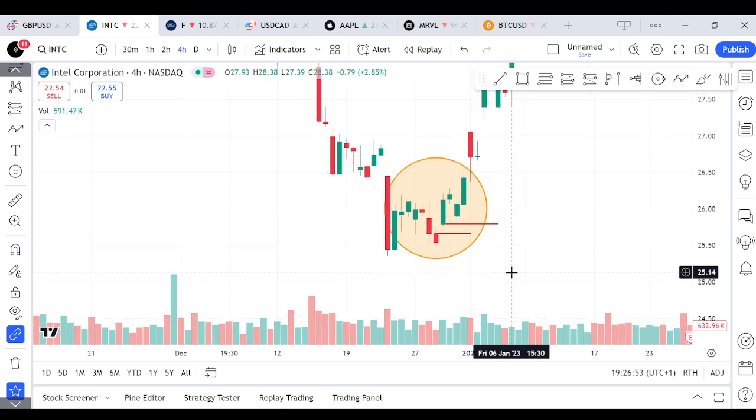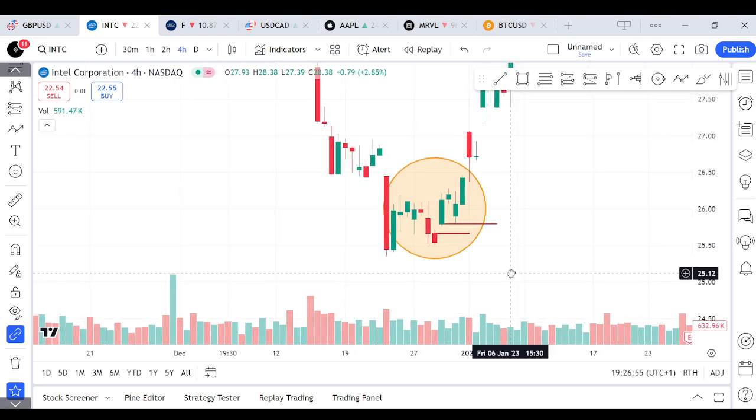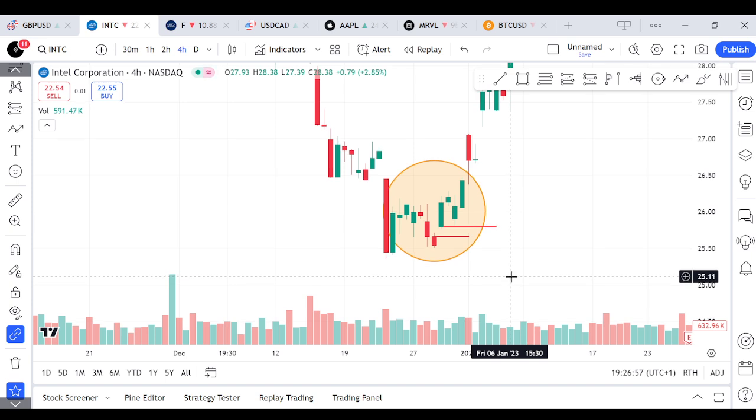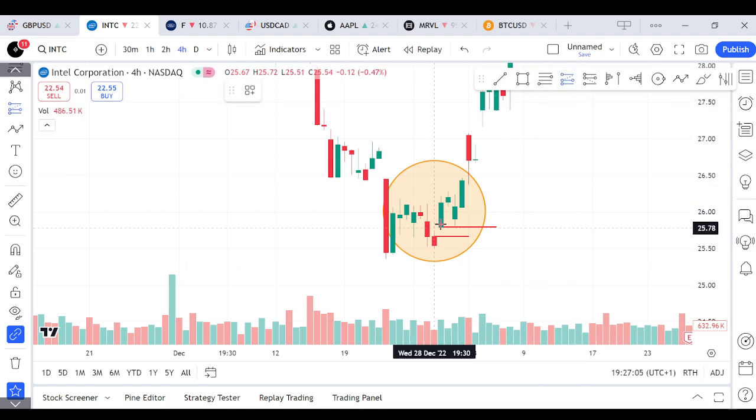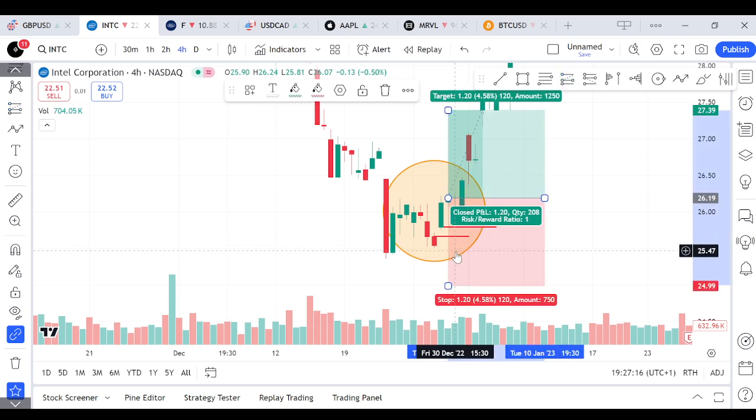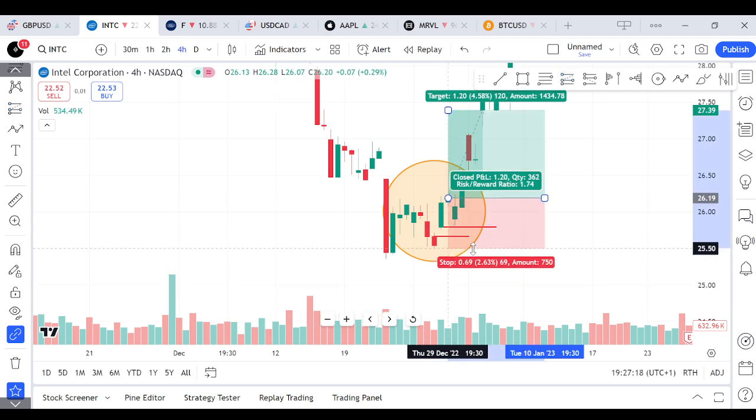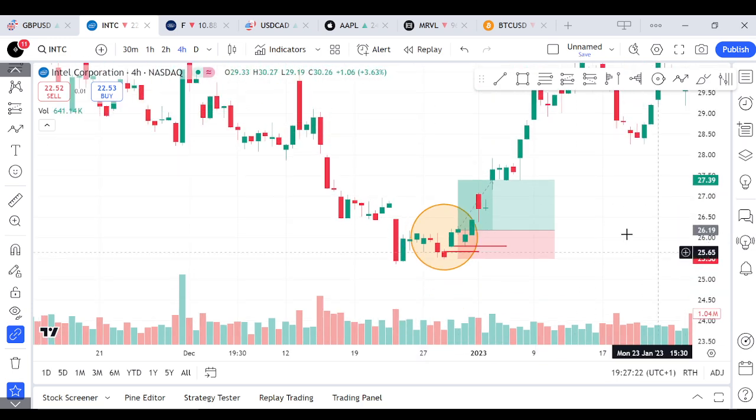So the first thing is to buy at the close of the second bullish candle once the pattern is fully formed and confirmed by a strong close above the previous day's high. So you should place your buy entries at the close of the second bullish candle, which is this. Once this pattern is fully formed, the close of this second bullish candle, and your stop loss should just be below the bullish kicker candlestick pattern, and you can set your take profits at